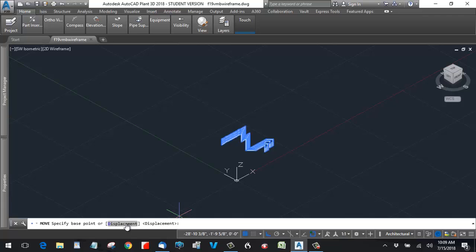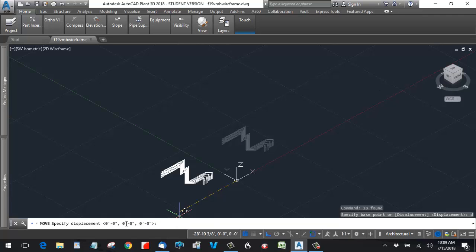So we hit D for displacement, and then you will notice that the command line on the bottom is asking for you to enter feet and inches, comma, feet and inches, comma, feet and inches, comma. That would be for the XY command. Okay, so we will get the coordinates of that